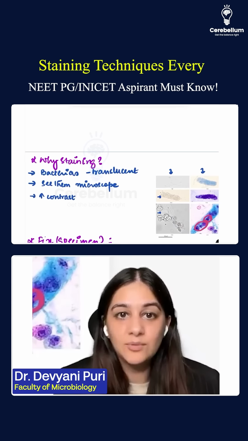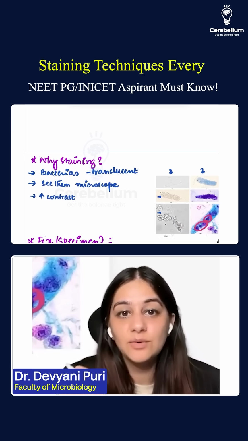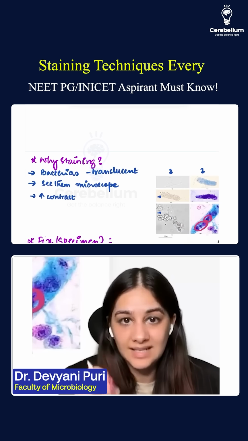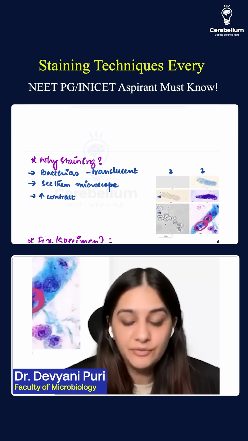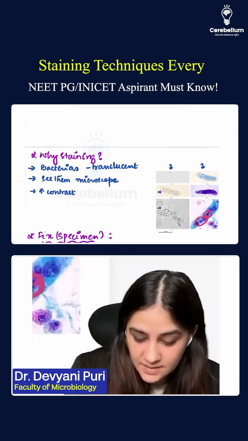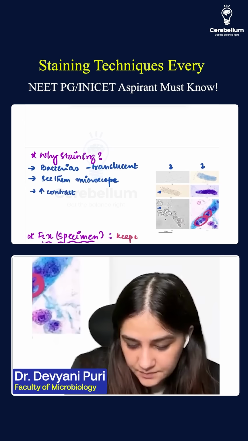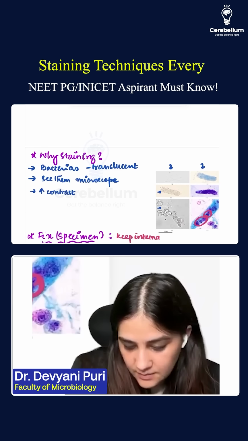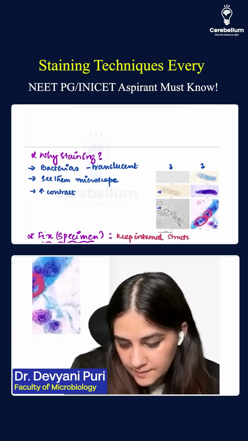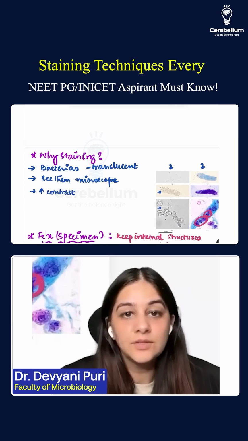We don't want them to disseminate when we are staining them. That is why we have to fix the specimen, to keep internal structures intact. So how do we